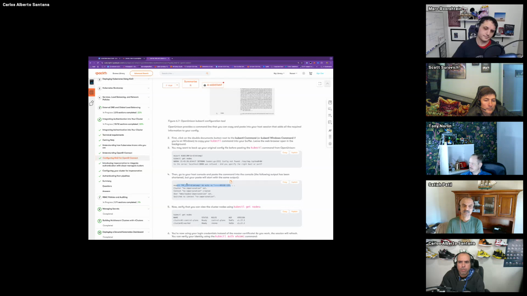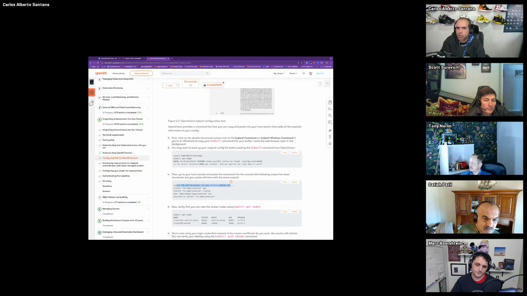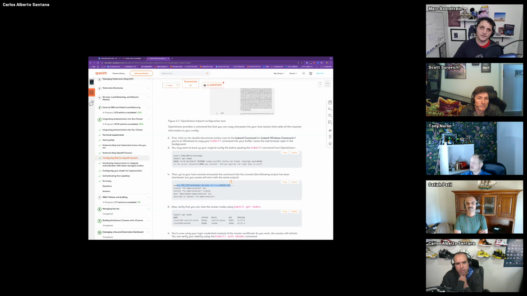But the question is, the user doesn't have to go back to the UI to get a new one. As long as you run kubectl, often kubectl will be in charge of refreshing that token. Is that correct? And that token gets saved on disk in your home directory? It gets saved. We use the standard kube control configuration. We don't use, there's a very popular kube control plugin called Kube OIDC. We don't use that.